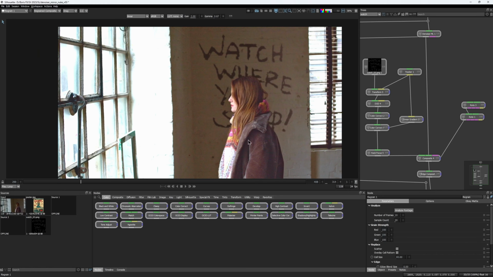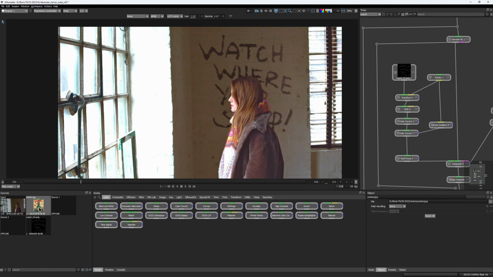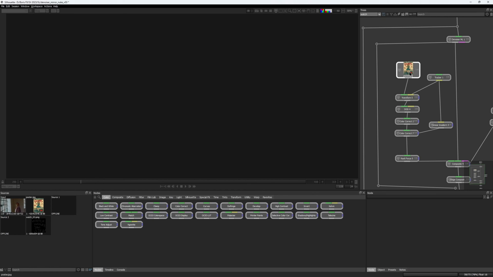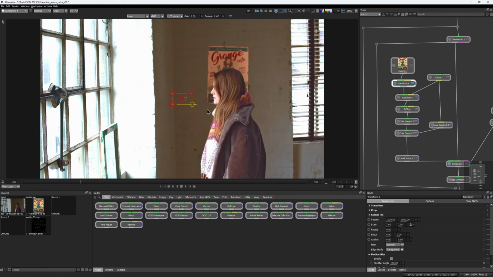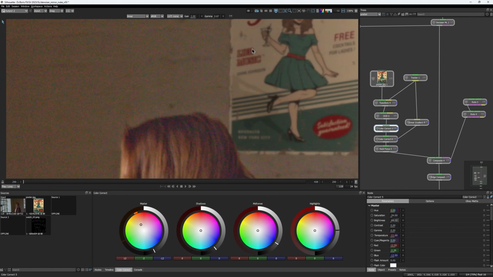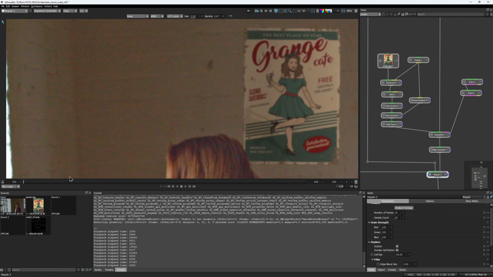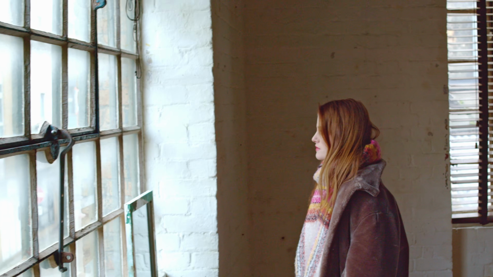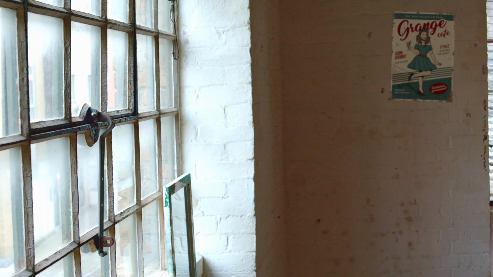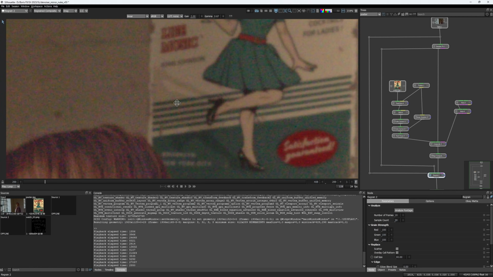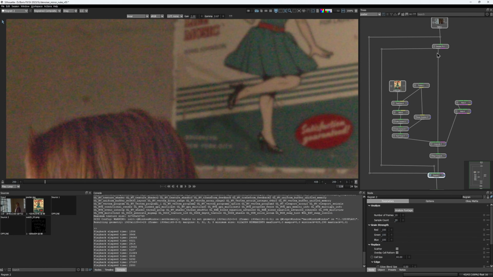Imagine that instead of a one-colored text, you would need to comp something like a poster, or anything else that has multiple colors. In that case, none of the blending modes would work because you need to add the insert on the top and not just blend. What I'm trying to tell is, by following this regrain workflow, you can easily swap inserts and make changes to a comp, and not worry about manual noise matching. Most of the work is done for you with just a few clicks.